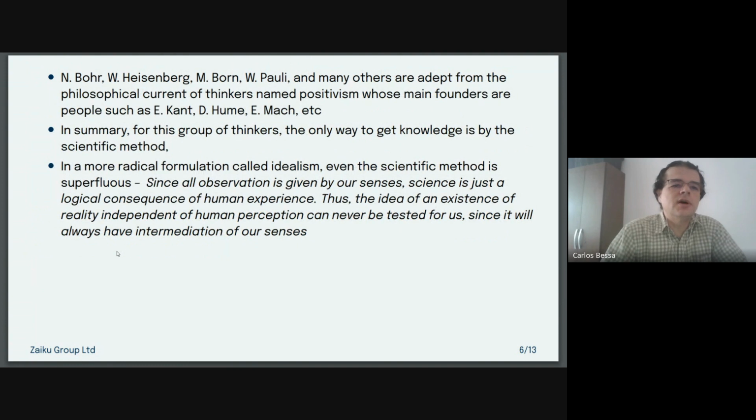And following from Bohr, we have other important physicists like Heisenberg, Max Born, who was the first to give the probabilistic interpretation of the wave function, Wolfgang Pauli and many others. All these people adopted the philosophical current of thinkers named positivism, whose main founders are people like Immanuel Kant, Hume, Mach, etc. In summary, for this group of thinkers,